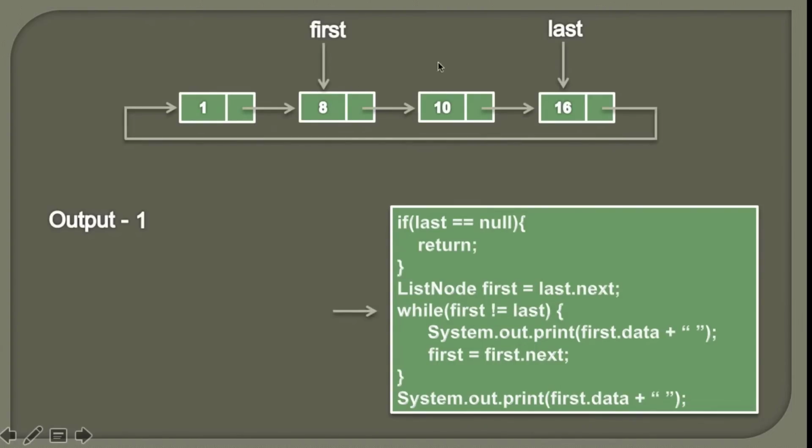Now again first is not equal to last, therefore the condition in the while loop comes out to be true. So we'll simply print the data associated with the second node. Moving ahead. Now as we have traversed the second node, we'll move to the next node. So in order to move first to its next, we'll simply assign the first.next value to first. So first.next points to the third node. So after this statement, it would look something like this. Moving ahead,